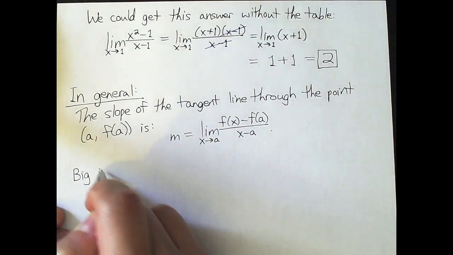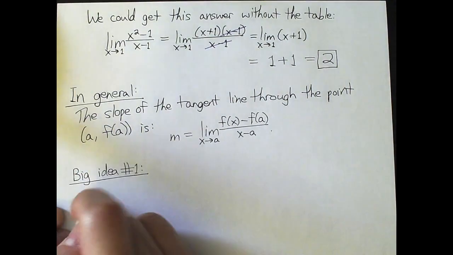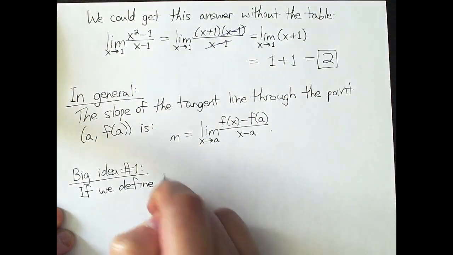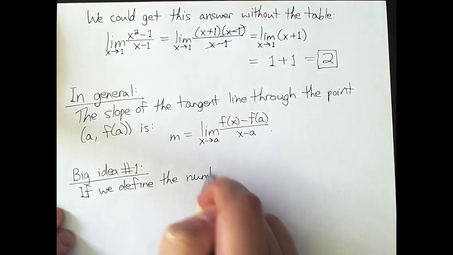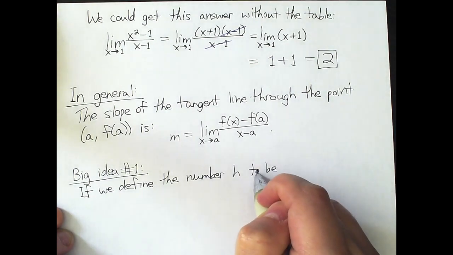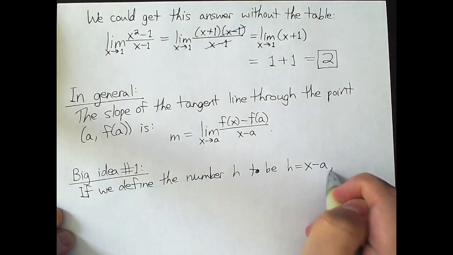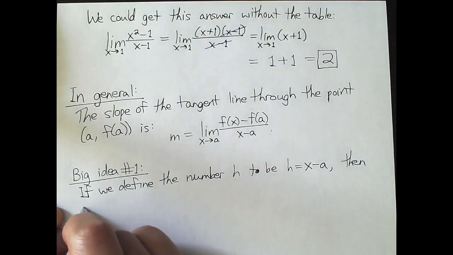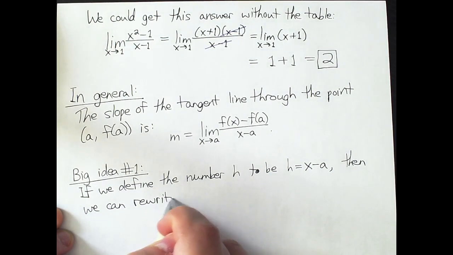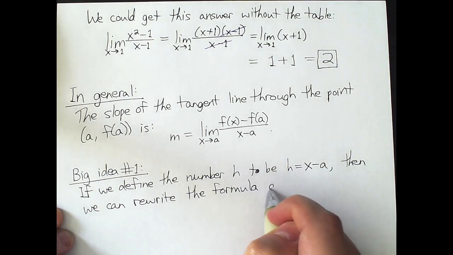I have two big ideas to tell you. Big idea number one. First of all, if we define the number h to be h equals x minus a, then we can rewrite the formula as